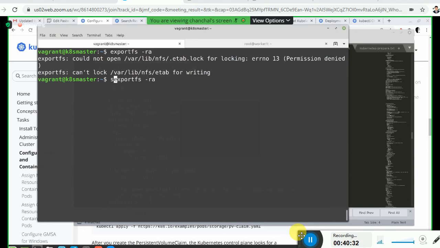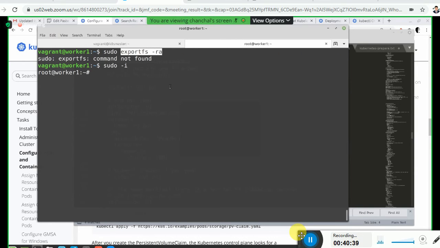Okay, yes, sudo exportfs, and there is a common package also that should also run here. NFS common services. Yes, NFS common. Okay, sudo yum install nfs-common, and after that showmount -e k8s master, that is one, and so yes, only this command was necessary.